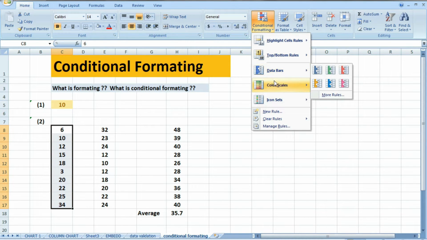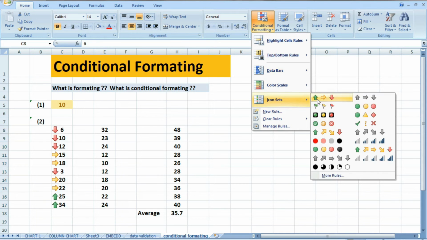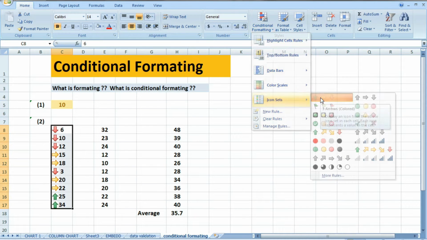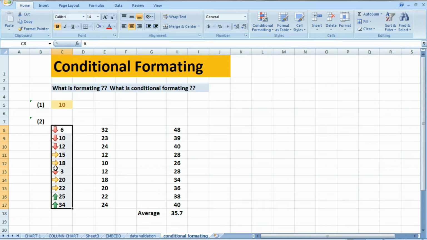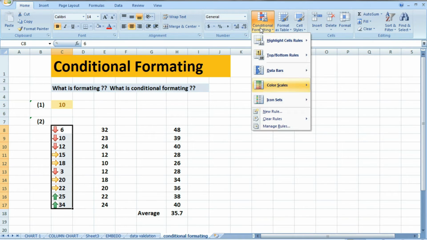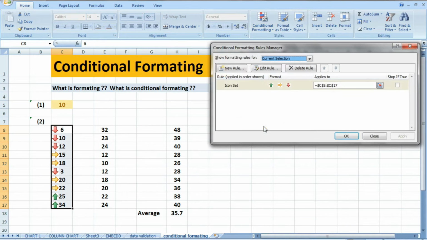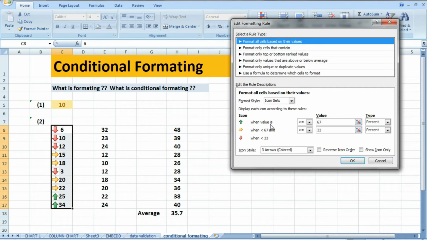Now icons. You can set the icons. See, these icons are based on certain conditions. See, manage rules. Here, edit rule. You have to go to edit rule. Now, here you see the value is greater than 67. It's percentage. It shows the green value.